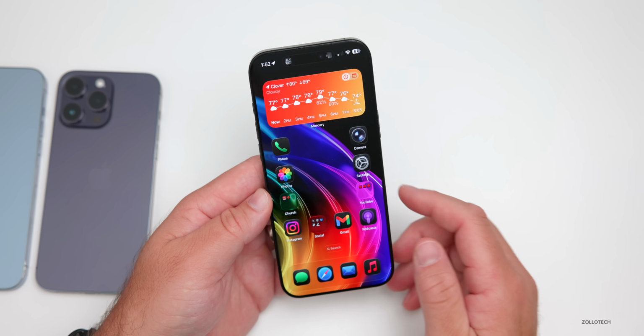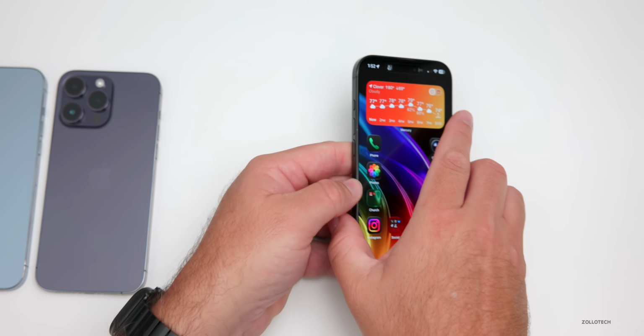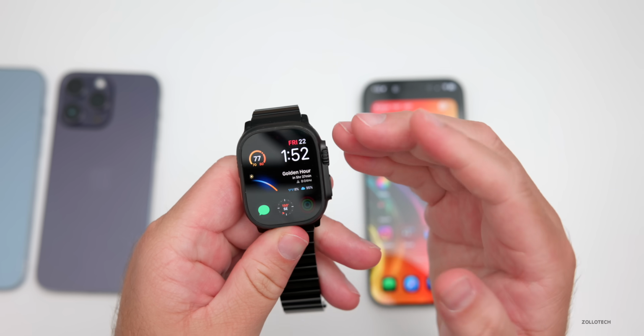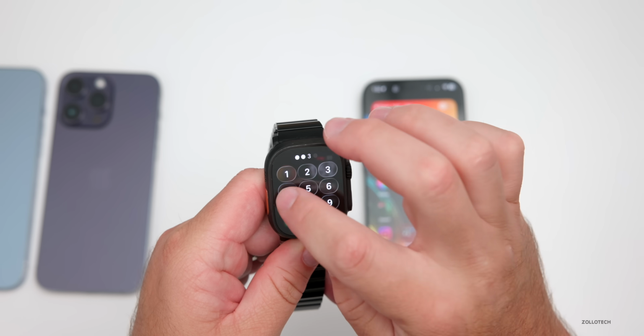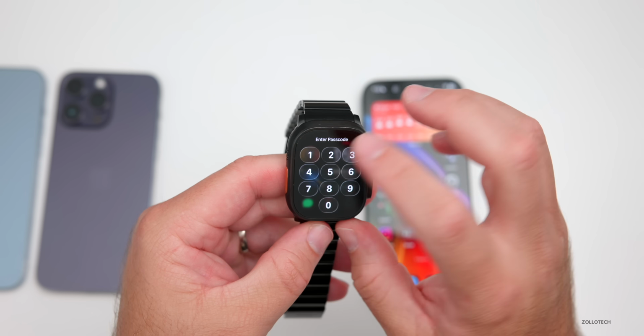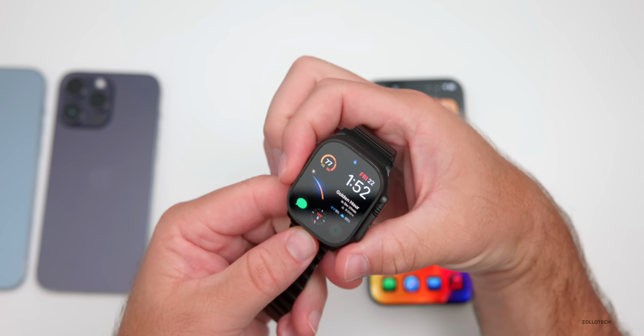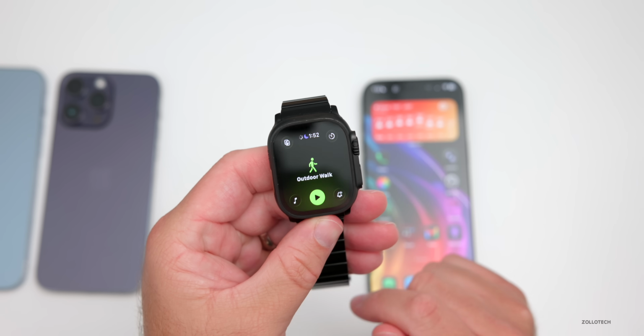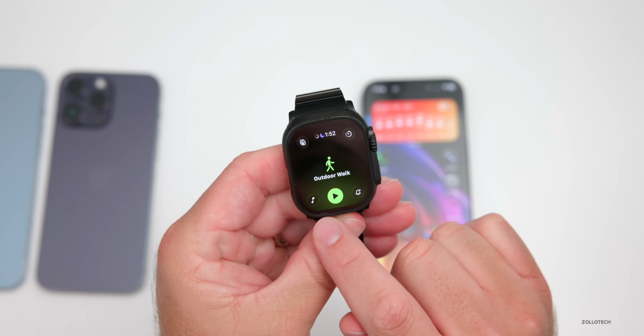Something else that's new has to do with music and workouts on Apple Watch. While it's not necessarily Apple Music, it is the way it's actually handled. So if we go ahead and log in on the Apple Watch, give it a second here, and then maybe start a workout. So again, let's go in, we'll start a workout here. It says opening workout. We'll go for an outdoor walk, and you'll see music is now directly in the bottom